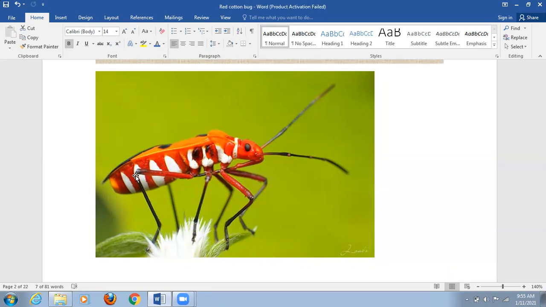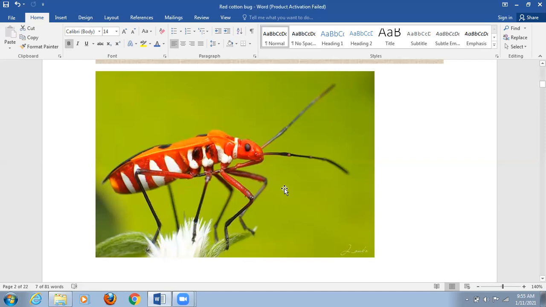Then when we look at the color of this animal, it is very clear. We can easily observe the color of the animal, which is blood red. So this is a red color animal except the eyes, scutellum, antenna and anal portion. Except for these particular portions, the whole animal is blood red in color.